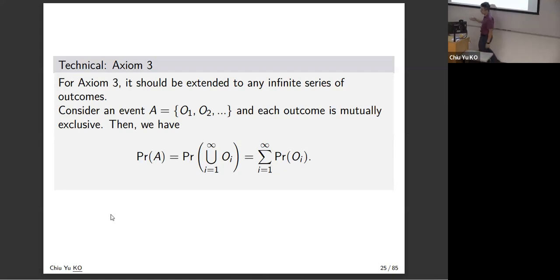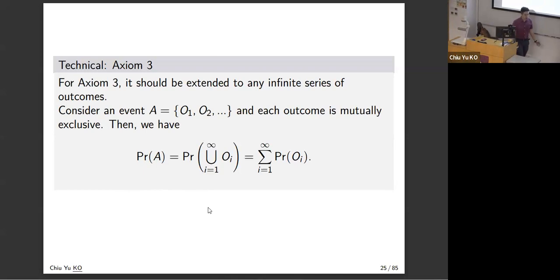If you find it finite, it's very natural. But anyway, it's technical, so if you don't understand, it's fine. But just saying that the only rule by axiom 3, and actually this is the real axiom that people use in modern mathematics. So this is the formal one. But anyway, we are not mathematicians. And the reason why infinity is important is that in the next topic we'll learn continuous random variables, because we assume numbers are continuous. It's not discrete, so infinity is there, but that is still whole.